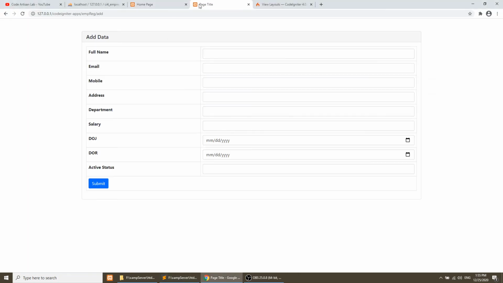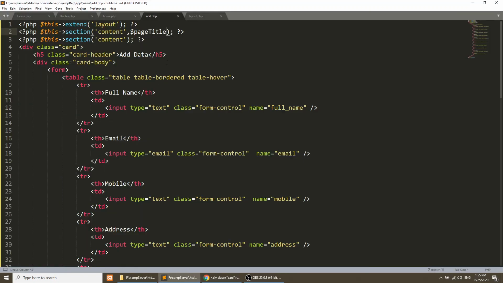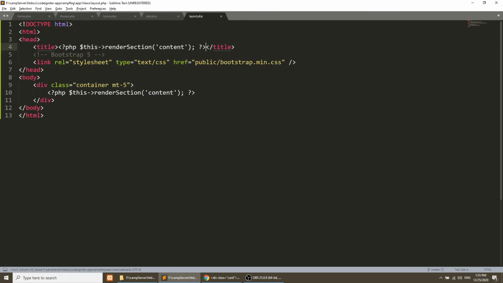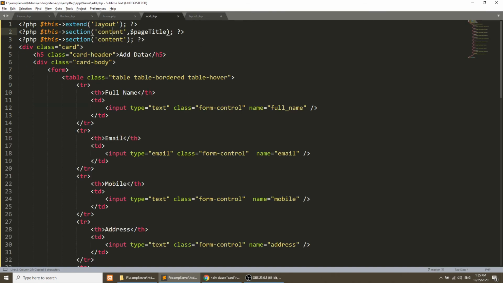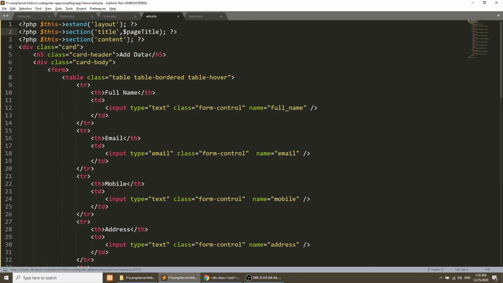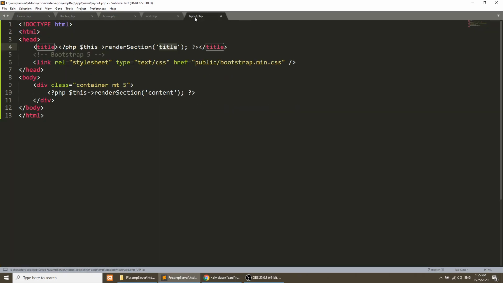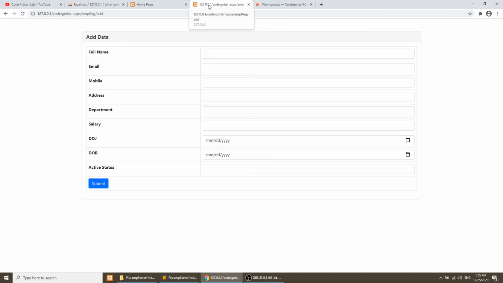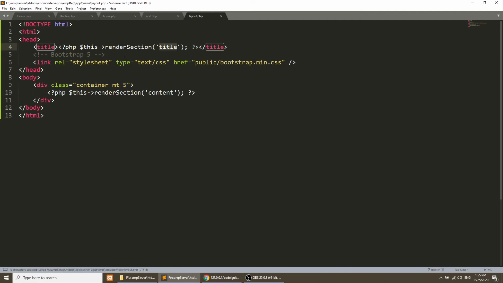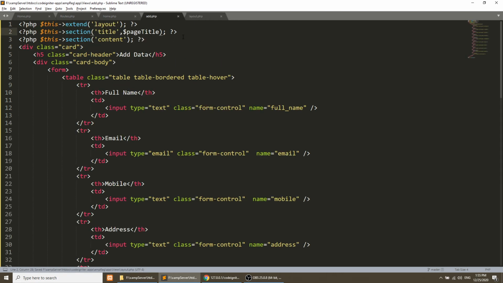Now let's refresh this page. Okay, what is wrong? We need to define the content, that is title, and we also need to define the title here. Refresh this page. So we have our render section title, and okay, we didn't save the layout. It is saying that title is wrong. I think we need to put this title tag in this section.